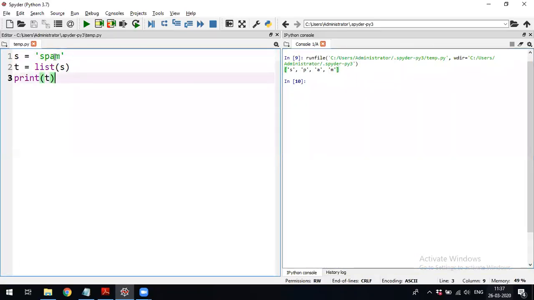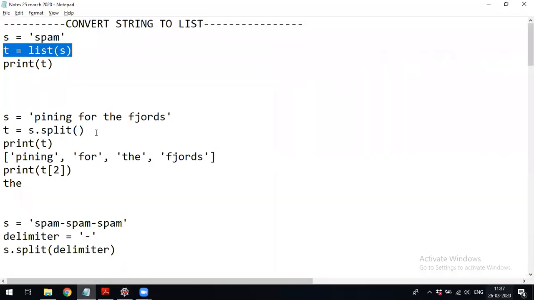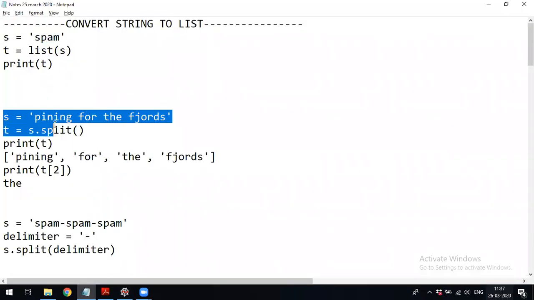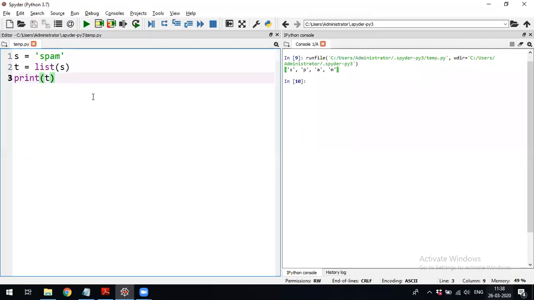We usually don't get this type of requirement in any application. The requirement comes like this. There will be a string, a big string. In this string there are so many words.